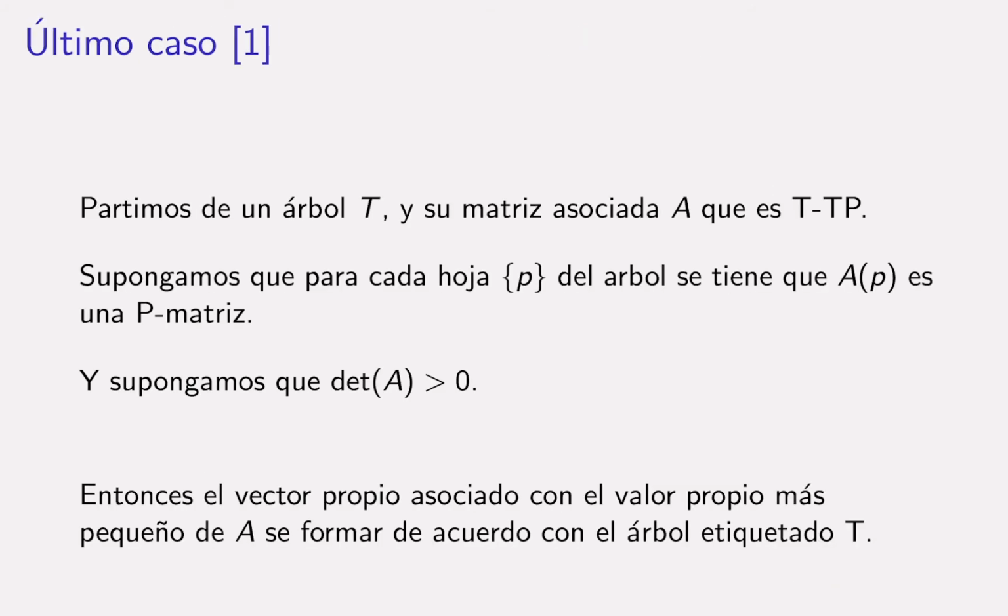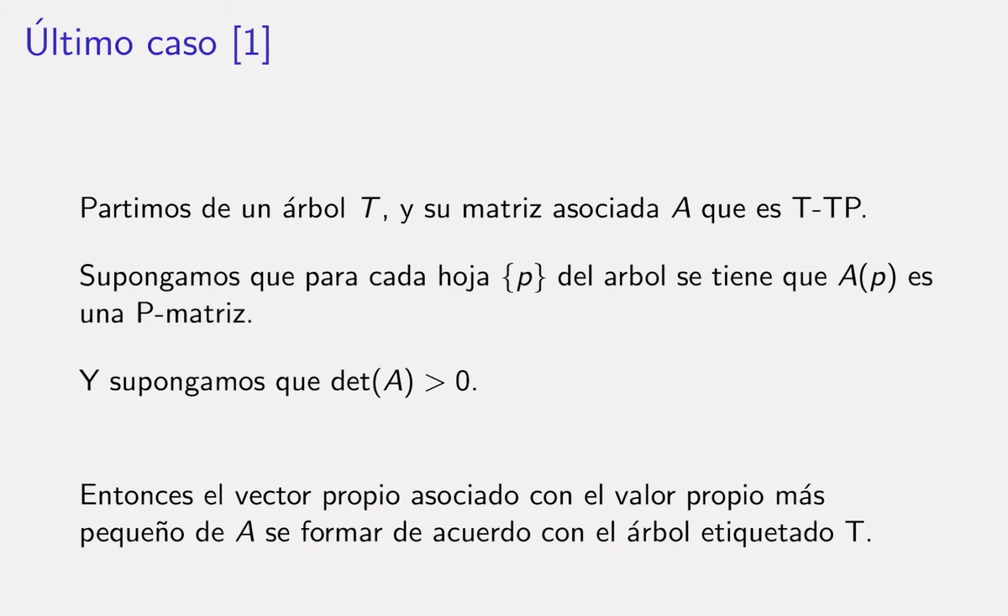So the last case I'm going to show you is general enough, but still you can see that you can consider some other cases which are not included in this talk. So we have a tree, and we have the associated matrix A, which is a TTP matrix, and we